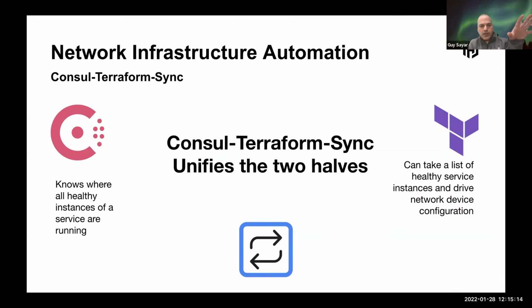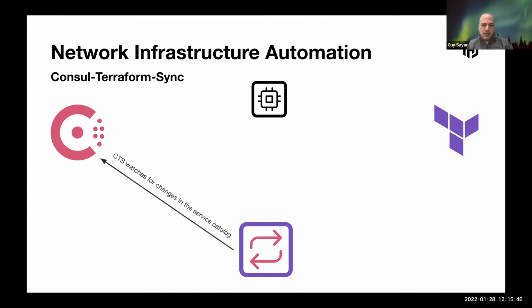So you think of Consul on the left side, having that awareness, having runtime and application visibility with health knowledge. And then on the right side, you have Terraform that can talk to anything on the planet. Specifically in the network space, it can talk to firewalls and load balancers and various appliances that exist. If it's there, it probably has a Terraform provider. And the marriage of the two is what makes the trick, right? And we'll look at how this looks in reality.